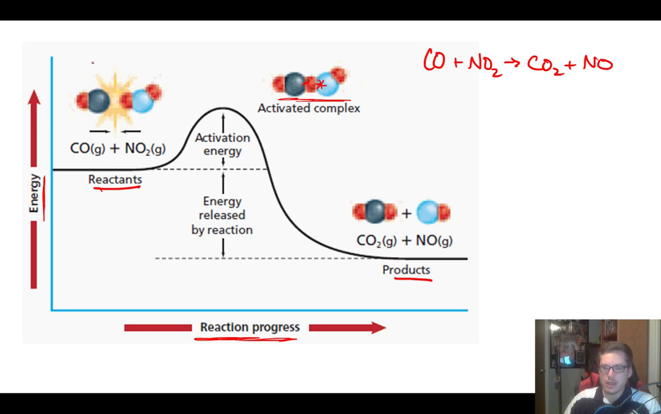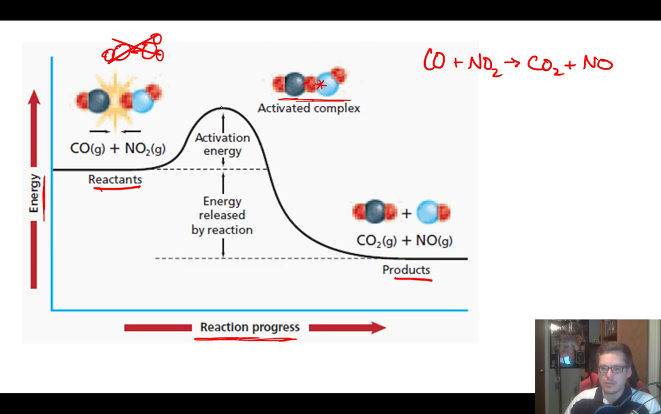Now imagine if instead of the oxygen hitting the carbon, what if the nitrogen hit the carbon instead? It'd be at the wrong orientation. That would look something like this. There's your NO2, here's your carbon monoxide. If these two hit, that's not the correct orientation. No reaction would occur. That's no good. So we have to hit it in the correct orientation with enough energy, meet that activation energy,